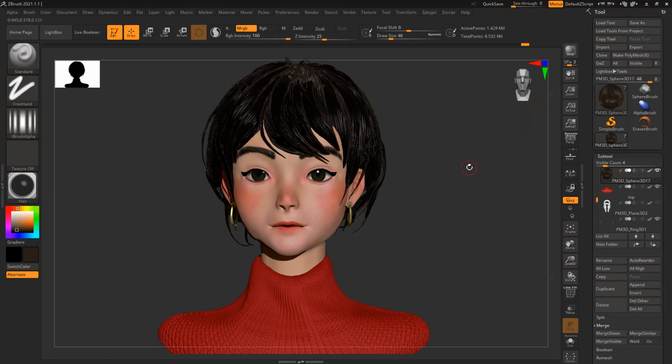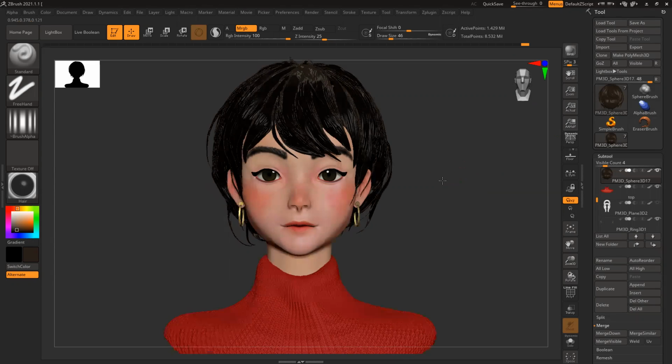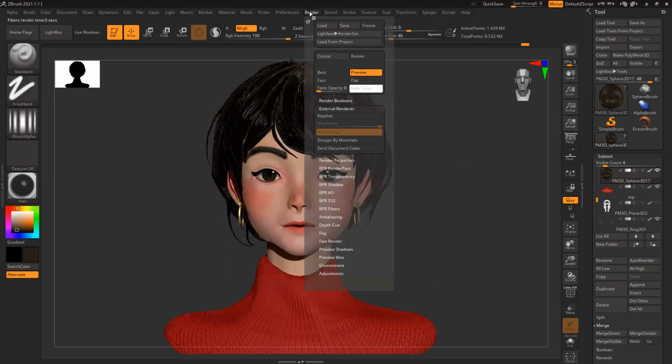But suppose I want to render just one screen. Suppose I want just the front pose only. So what I'll do is I'll render the front first, and I want to post process it in Photoshop. So for that, I'll render it like this. Done. Go to render, this time not movie, render.